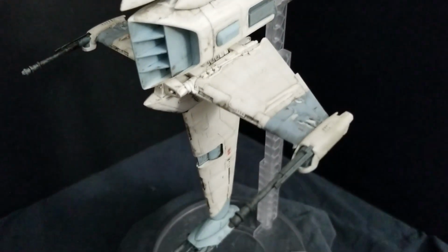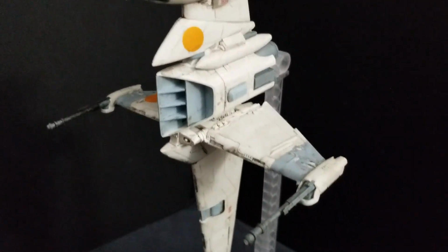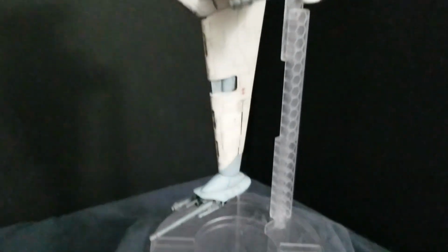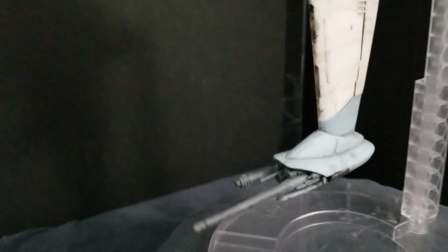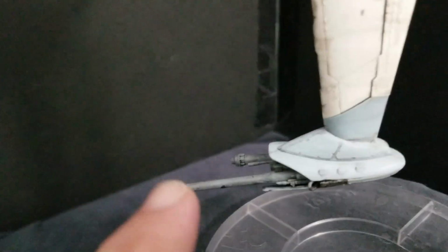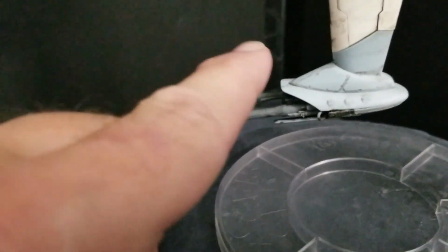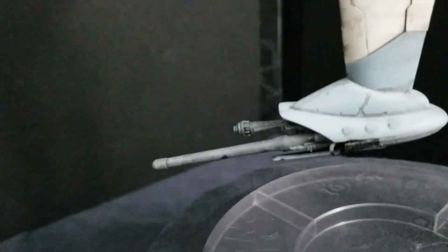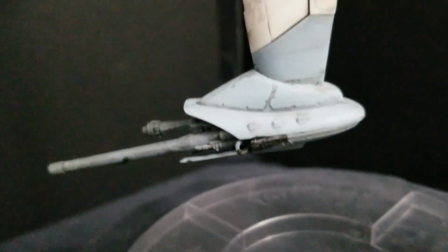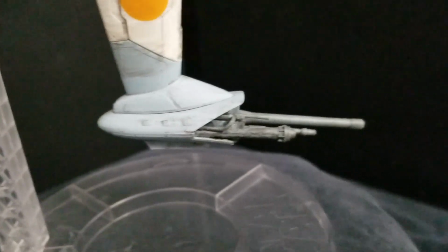After the decals were placed, the whole thing was given a black wash to help bring out detail and further the weathering. Now, I did run into one problem down here. You'll notice the guns don't look exactly straight. And I think that's because I didn't align them right when I was inserting them, which also led to the gappage here, which I've clamped and glued to help mitigate somewhat. But all in all,